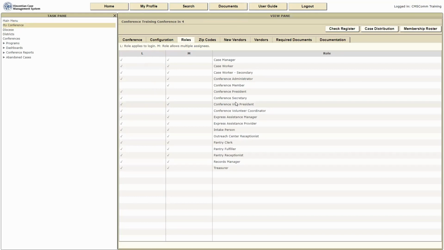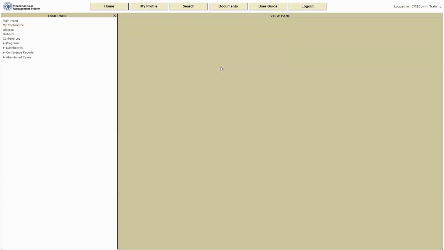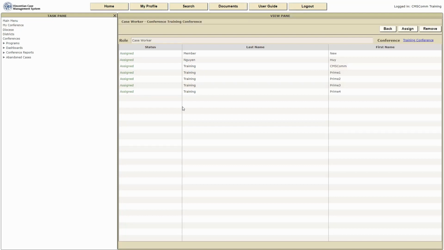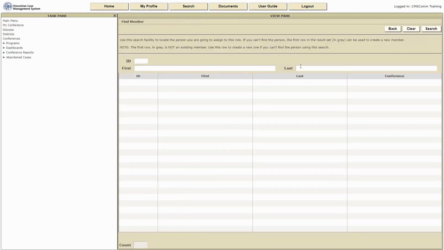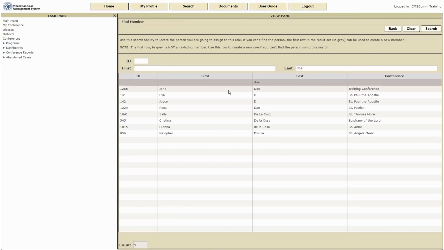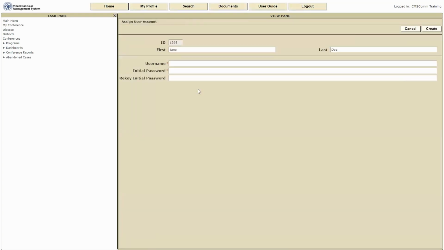The next role to look at is caseworker. If a person is going to be assigned as a caseworker and will be entering information into CMS, they need to be assigned a caseworker role. Select that. Again, look to see if the person is listed. If they are not, select assign. You can once again put their name in and search. This time you see that Jane Doe from your conference is listed as a member. So now you click on this person and it will add this person as a